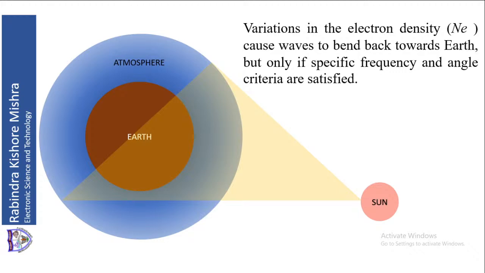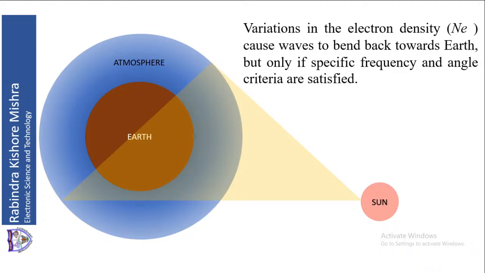The wave must satisfy a condition on frequency, and it must satisfy a condition on angle of incidence. If these two conditions are satisfied, the radio wave can come back to the Earth, which means the ionosphere will reflect the radio wave back